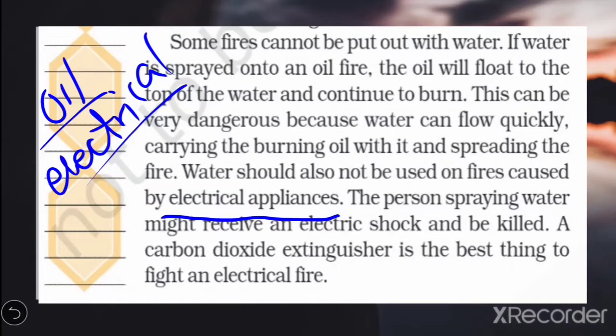Appliances means equipment. When some electrical defect or problem happens, and if you use water, it will be more dangerous. What happens? The person spraying water might receive an electric shock and be killed. Yes. If an electric fire happens and you spray water with a pipe or just throw the water,